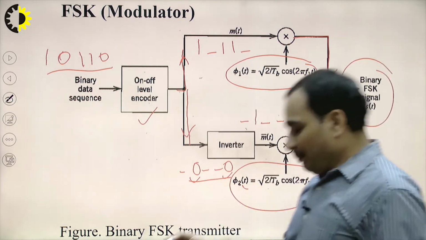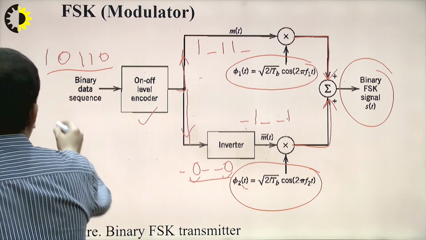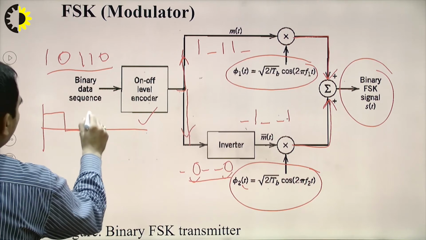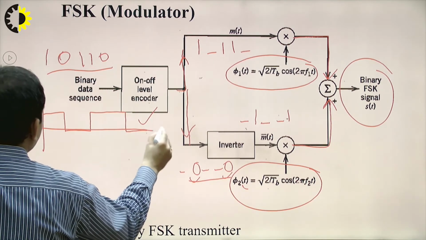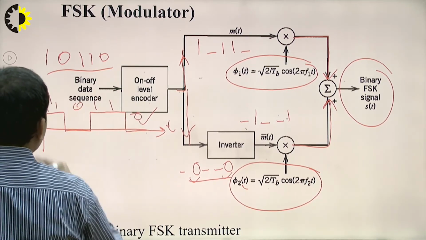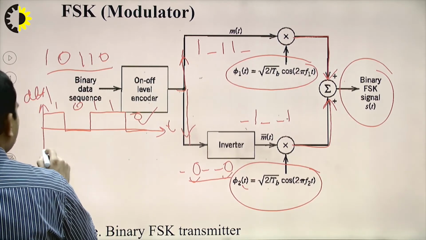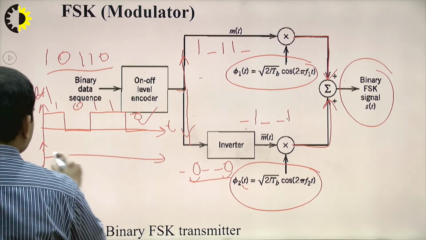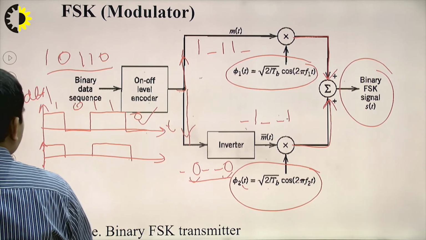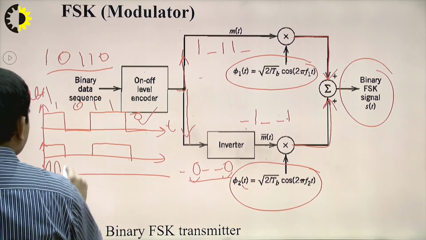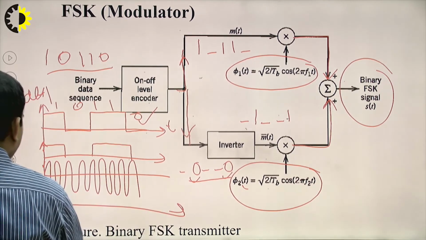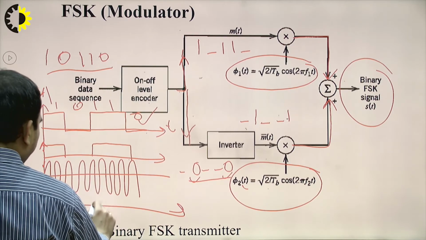So let's take one example to understand in terms of the waveform. We have the data given by 1 0 1 1 0. Okay, this is our data with respect to time, 1 0 1 1 0. Now splitting the ones. So the first term is splitting ones, we have this data 1, and then here we have 1, and here we have 0. So this term is multiplied by the higher frequency. So what we will get after the multiplication, we will get higher frequency, and here we have 1.